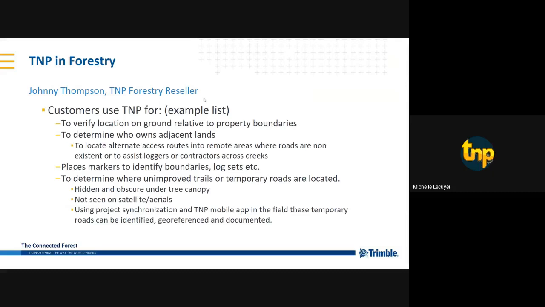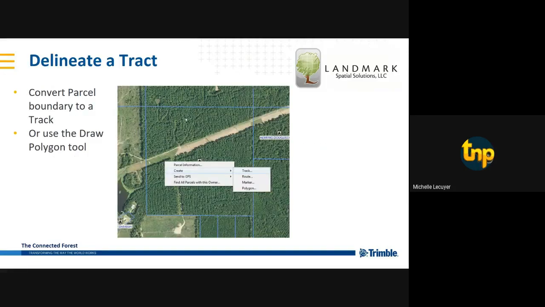When I spoke to Johnny in getting the webinar together, TMP is used in different areas in forestry. For example, location, to verify location on the ground relative to property boundaries. They use the parcel data subscription to determine who owns adjacent lands. Also in other areas as well, locate access routes, place markers to identify those boundaries, determine where roads can be used. Now, here's a screenshot